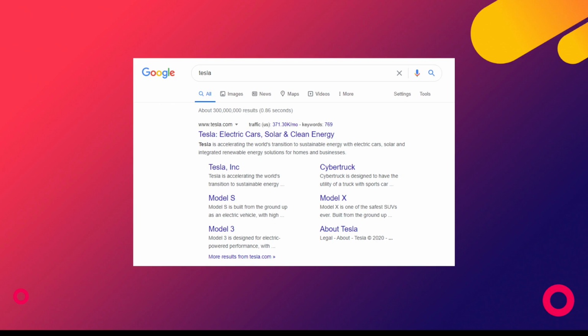So here is an example. Some of the things that we'll be doing in this video are the meta title and the meta description. These are the title and the description when you search something, for example, in Google. In this case, when somebody searches for Tesla, it shows a headline, Tesla, electric car, solar and clean energy. This is their meta title, and this is what we'll be adding for all our pages when they show on Google, to have a really good headline, a very good title,